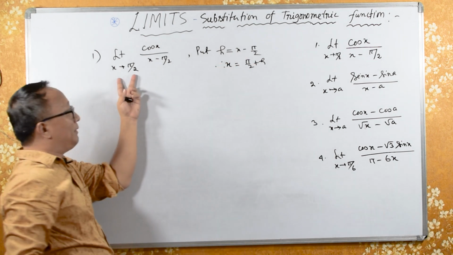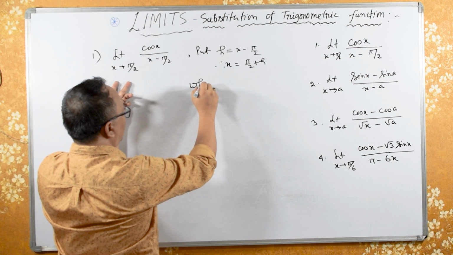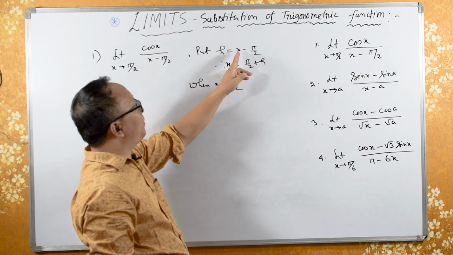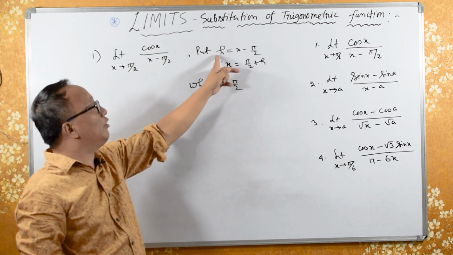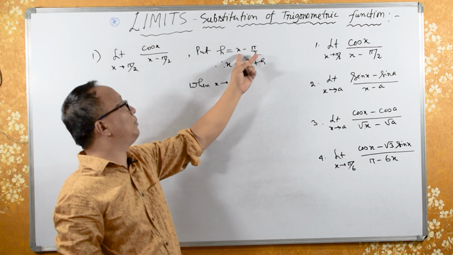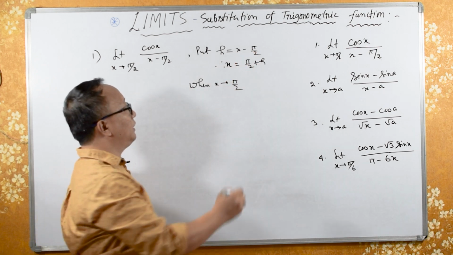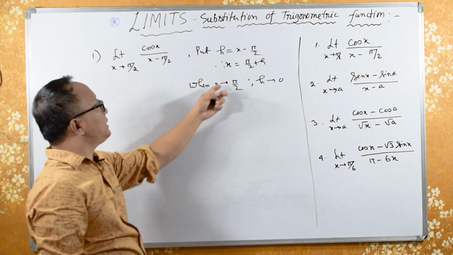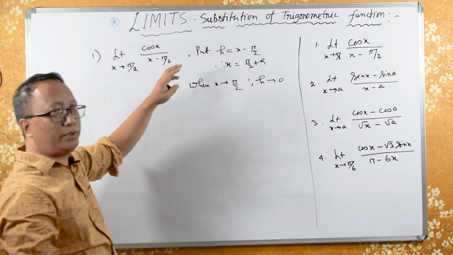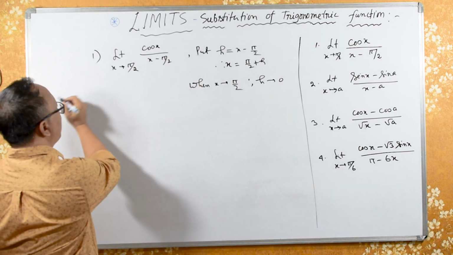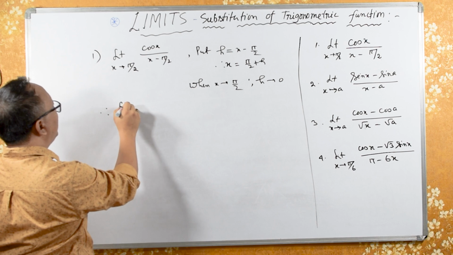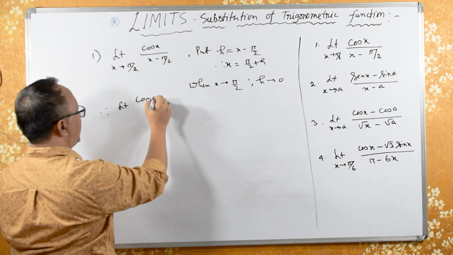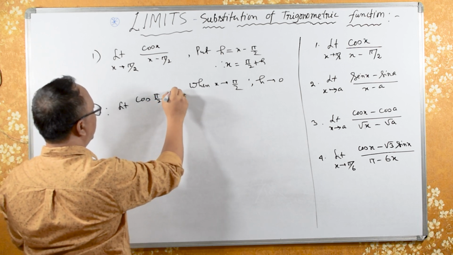What about limits? When x tends to pi by 2, what is the value of h? When x tends to pi by 2, x minus pi by 2 becomes 0. Therefore h tends to 0. So we need to change all the limits. Therefore, limit of cos of, instead of x, pi by 2 plus h, upon